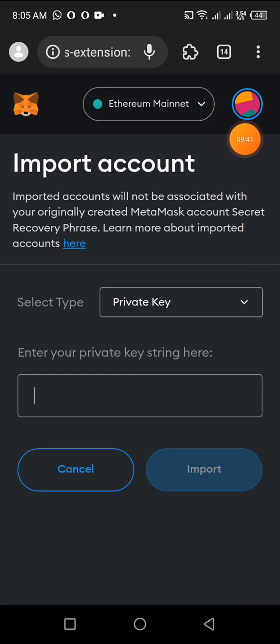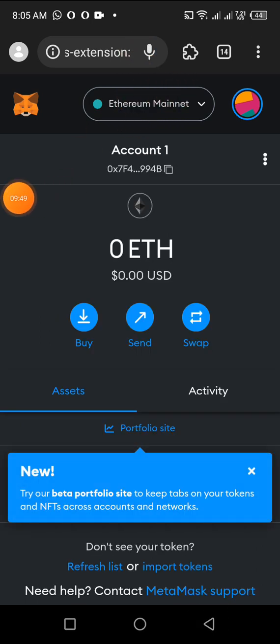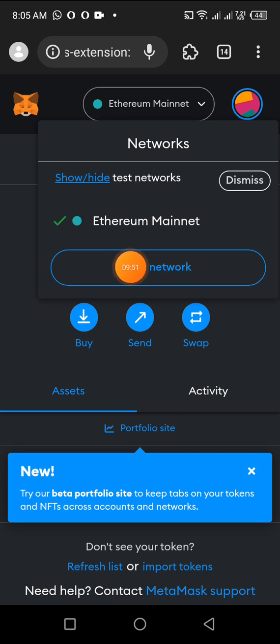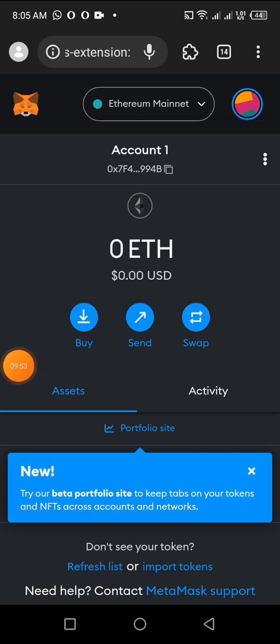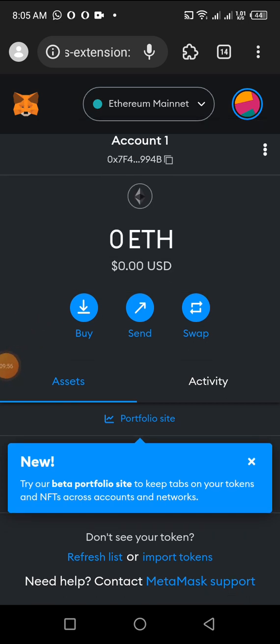And then if you want to change from this particular network to another network, you also tap on this, you change the network or add the network. So all these things we're going to see in our next video while performing those tasks. This is your wallet address. This is your wallet address. And then if you want to send here, if you want to